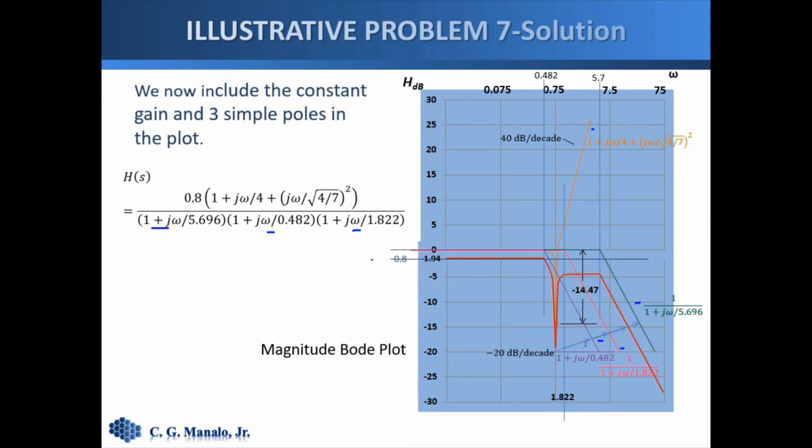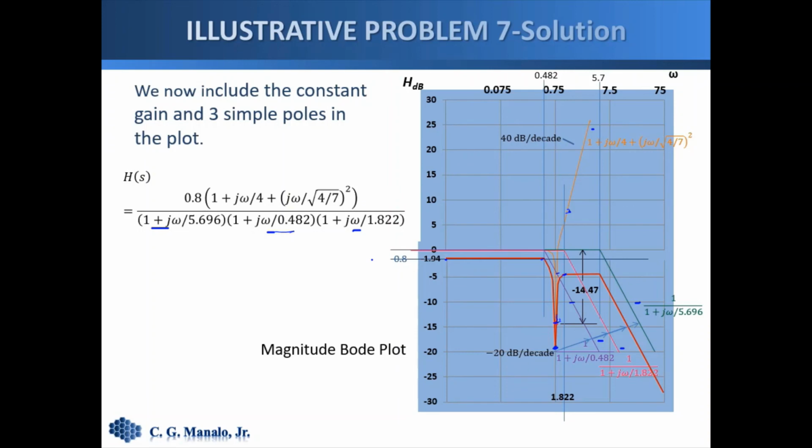So to explain the plot, it starts at 0.8. So this follows the constant gain plot. And then until here, it starts to go down because of this and this one, and up to the lowest point here. This is the combination of the lowest point of the quadratic zero, somewhere here, so minus 14.47, plus the simple pole here. So it goes up to this point, and then from there, since the quadratic zero plot starts to go up, so the plot goes up